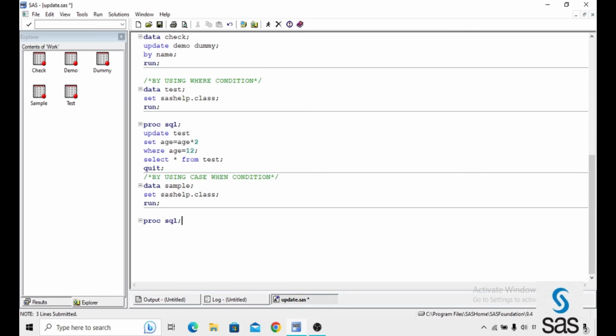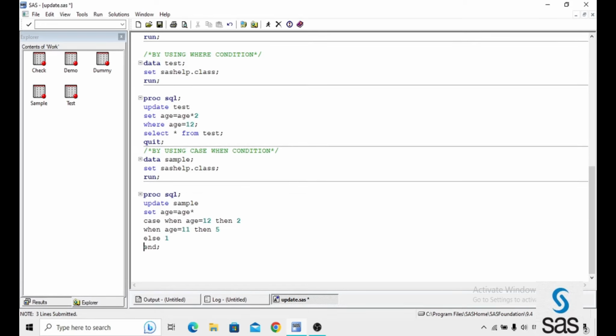Already you know in proc SQL how to apply case when. Update sample, set age equals age into, case when age equals 12, then 2. What does 2 mean here? Here we are applying 2. The next one, when age equals 11, then 5, else 1, and end.